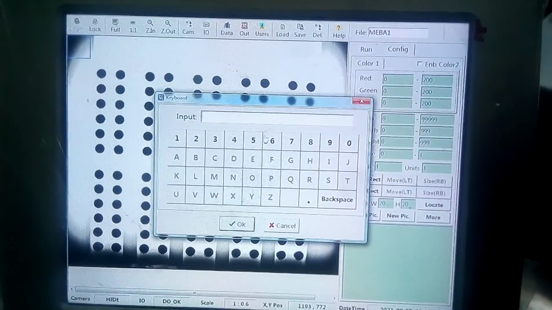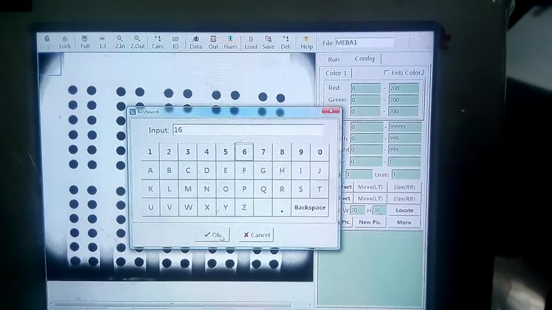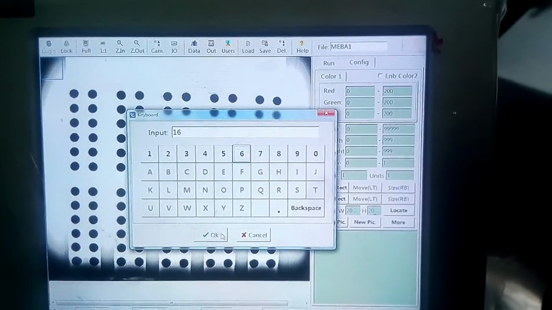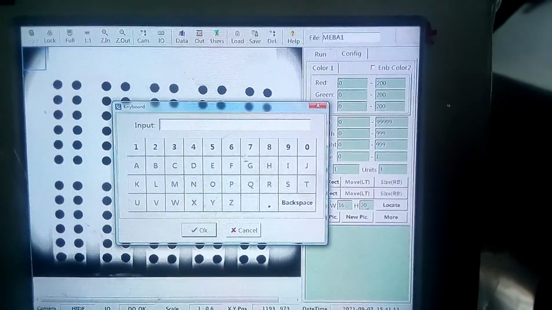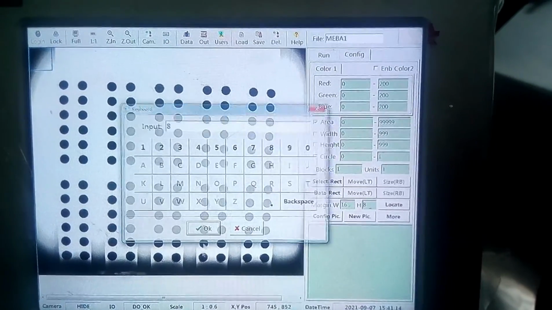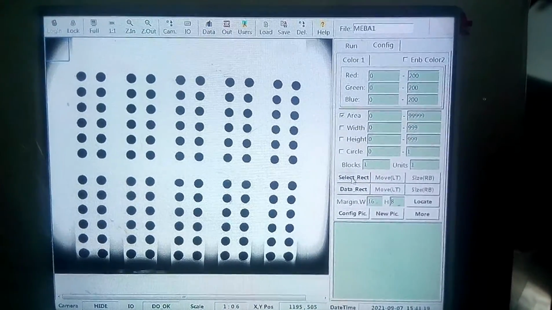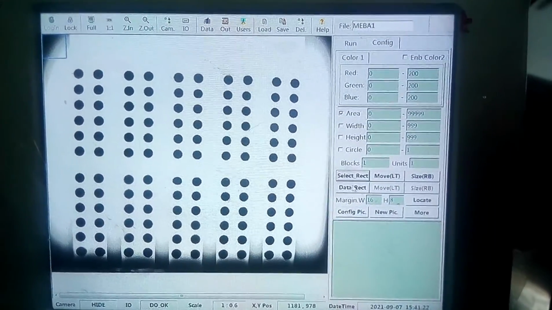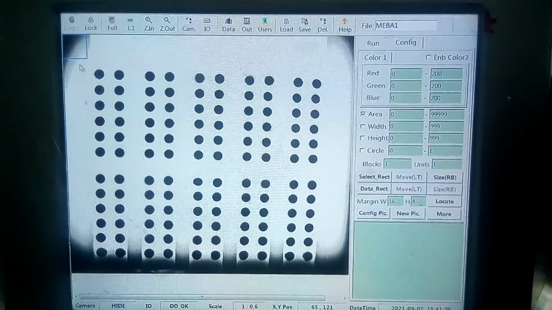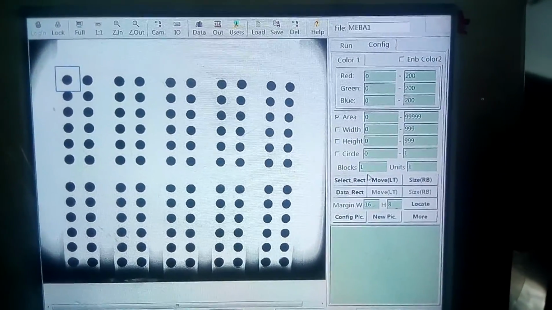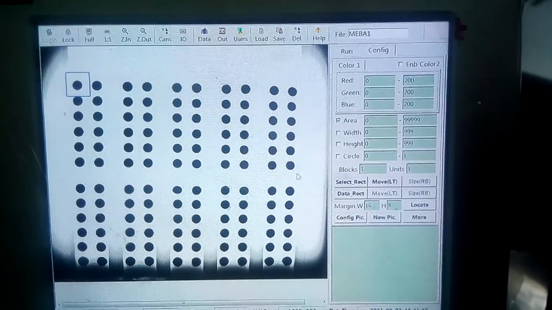For us, it's around 1.6. We know that this is around 1.6. It's trial and error, so you can check and minimize and maximize. Here we need to make it 8, and coming here we can select the rectangle and move, and we can select here. Now here size RGB, yes,